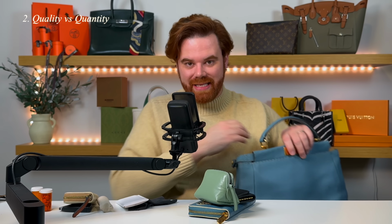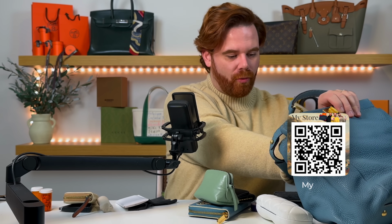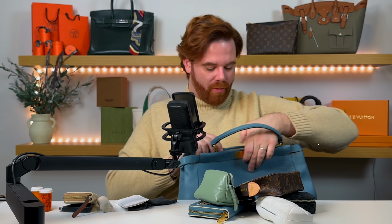Quality and quantity are two very separate things. I'm going to say it again. Quality versus quantity. I don't think that I'm necessarily still struggling with it now in my collection, but I did go through a time where, as bag collectors, you kind of need that fix. And a lot of you prolific bag collectors, you're going to understand what I'm saying here. You need that fix. Unless you're Jamie Chua, superstar of the world, who has that whole climate control walk-in for her Hermes Birkins, we're probably peppering in a lot of contemporary designer bags that